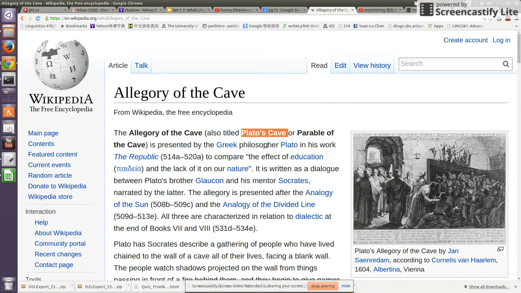Okay, let's go back to Wikipedia. So is Wikipedia a reliable source for you to do academics? The answer is yes and no. Actually, it depends on the content of the Wikipedia. And so actually there's a way to tell whether the content is reliable or not. When you go to a Wikipedia page, we can see two tabs, the article tab and talk tab. You click on the talk tab.